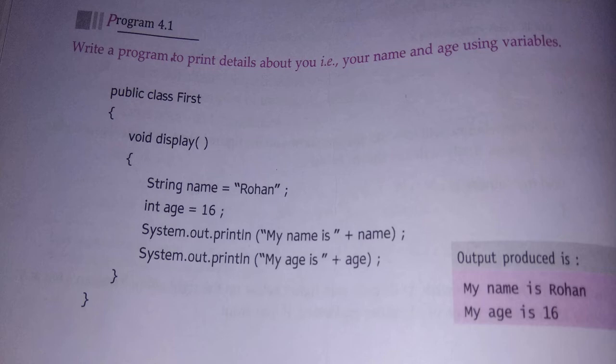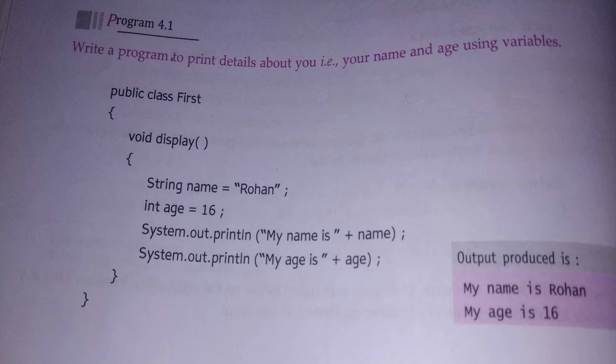Rohan. So it will print my name is Rohan. Okay, and then the statement will be over by a semicolon. Be careful. And then again System.out.print, because I have to print age also. So next message, next method I will use